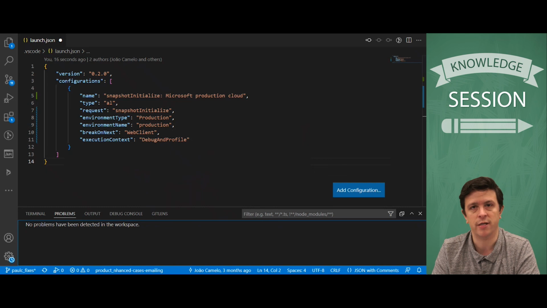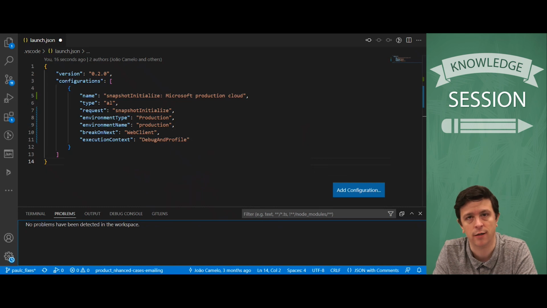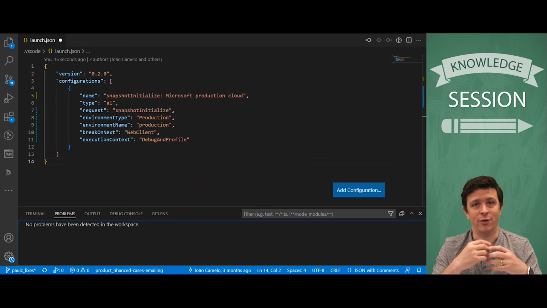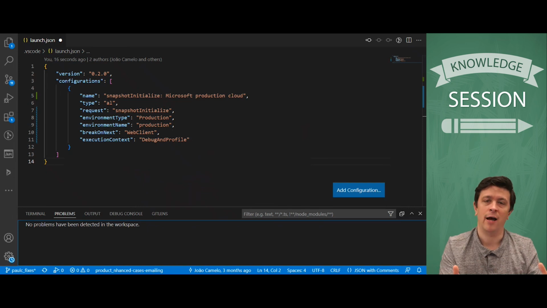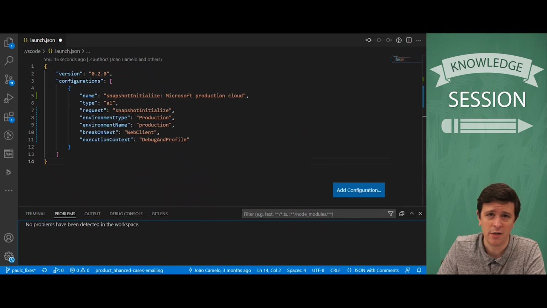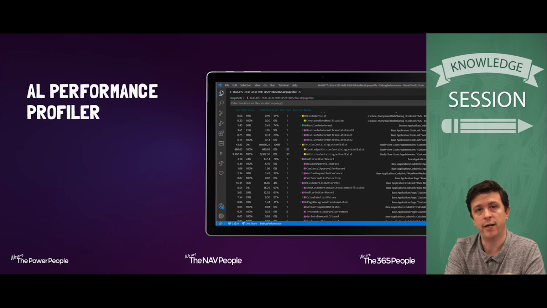Now, using this snapshot debugger, partners can connect a debugger directly to someone's live production system. They can get the user to repeat the process again, and then they can look at what happened under the hood in the code. So that should help a lot with potential support problems with SaaS production systems. The other piece this gives us, that same technology, the snapshot debugger, gives a really nice tool called the AL Performance Profiler,